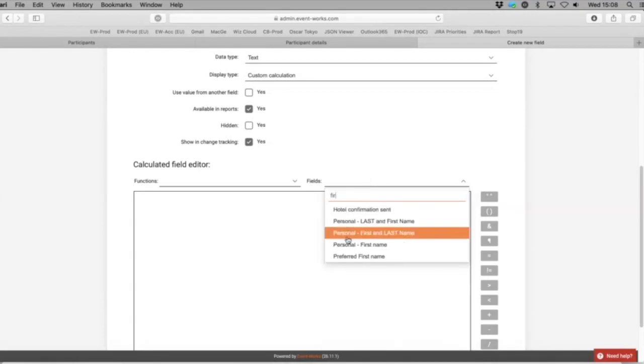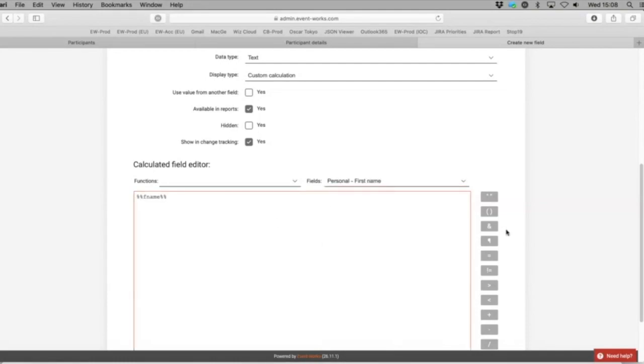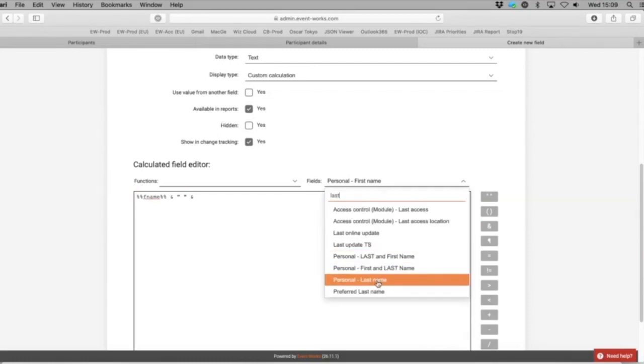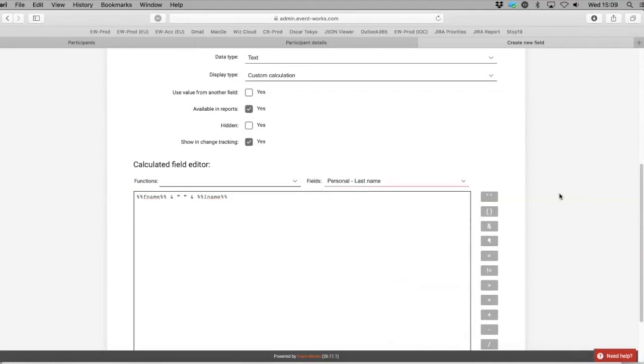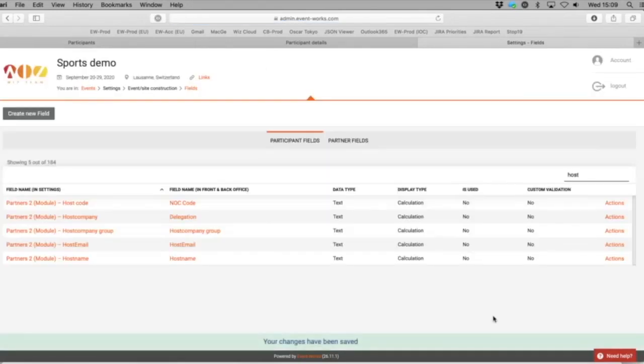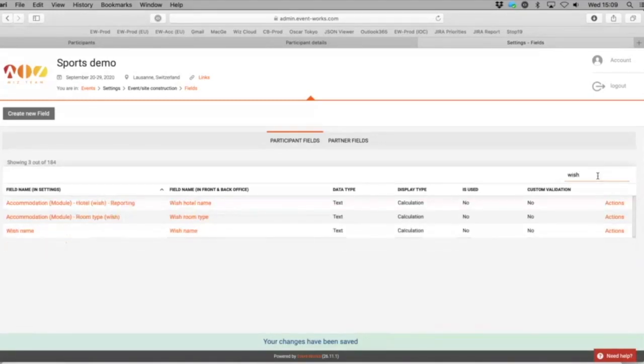The first way to do that is to take first name. Then I'm going to put an A, which means that I'm adding something else. I'm going to insert a space. I'm going to insert another one. And here I'm going to put the last name. So here, if I save this function,